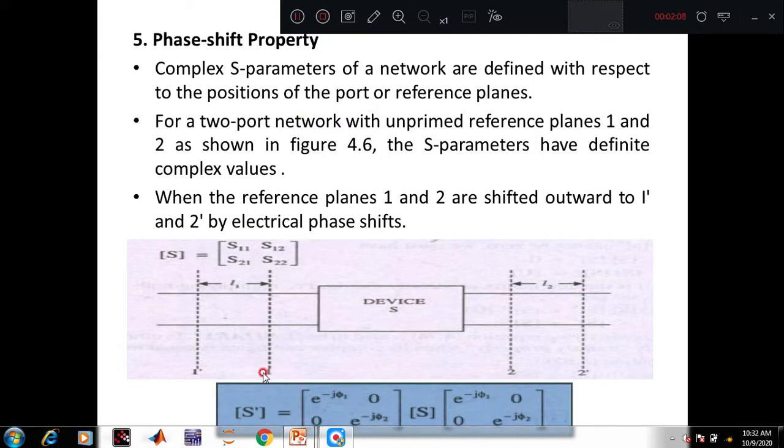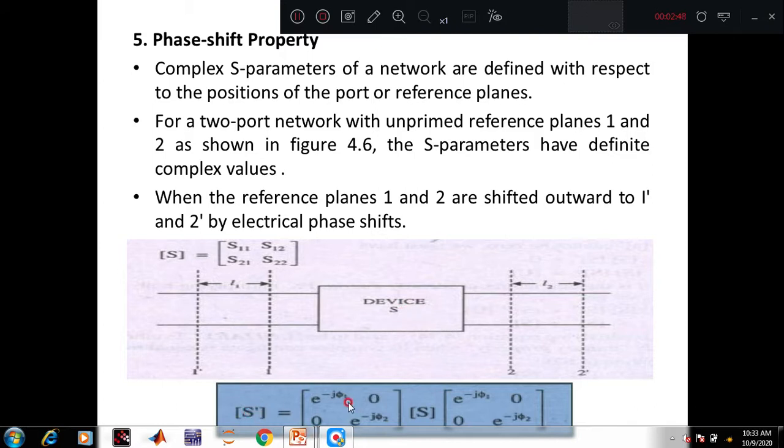So here we have reference plane 1 and reference plane 2, and with respect to these reference planes, the scattering matrix is given by S. For a 2-port network, we know the elements S11, S12, S21 and S22, right? And if I shift the position of these reference planes outward to the positions 1 dash and 2 dash by some electrical phase shifts, or some distances L1 and L2, the new scattering matrix which characterizes the device is